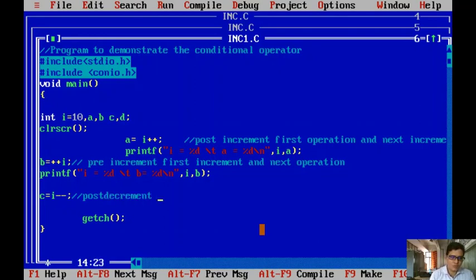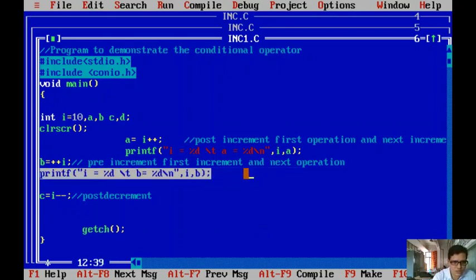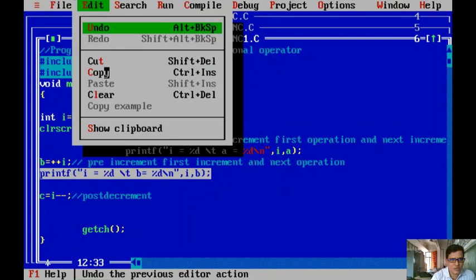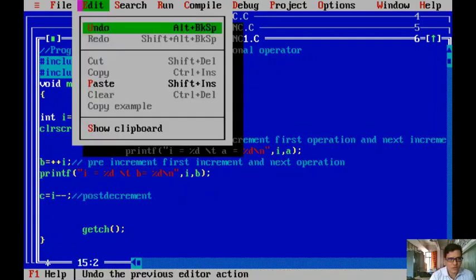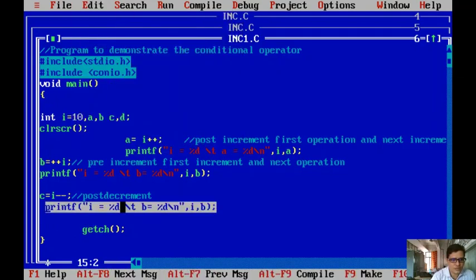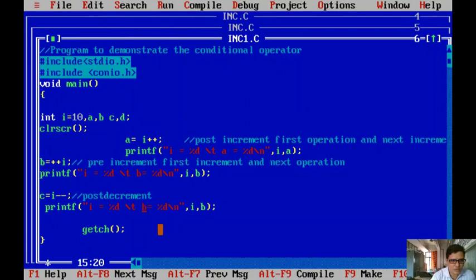Post decrement means, what will it do first? It will first store and next decrement. Okay, now let me copy this, edit, copy, and I'm pasting here, edit and paste, right? I'm displaying the i value and I'm displaying the c value.